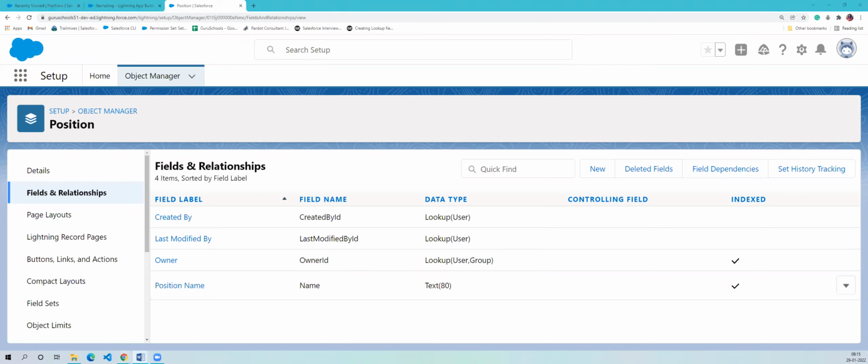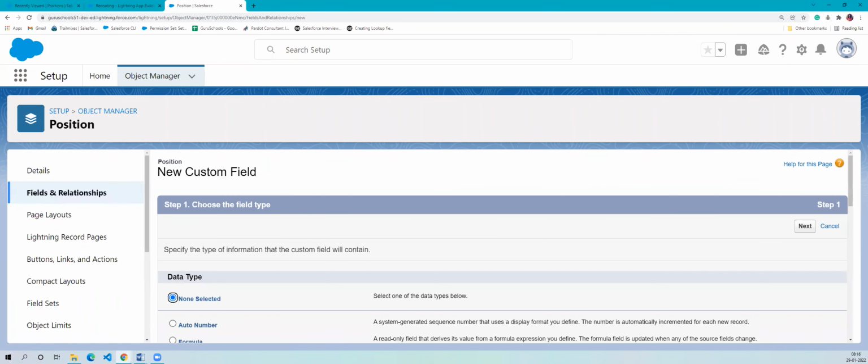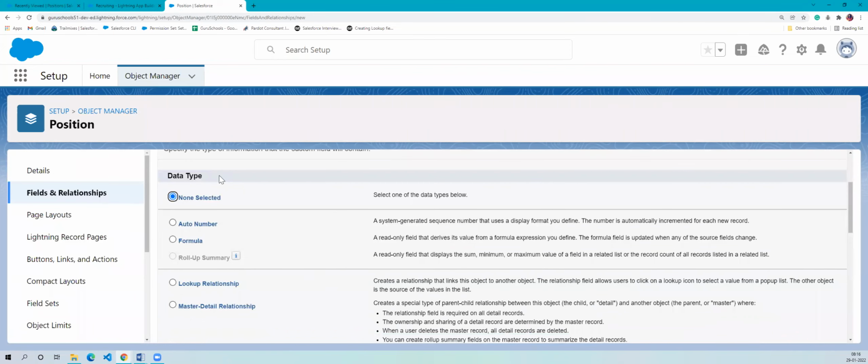Now we will try creating fields in Salesforce, and we will see what is the path for creating fields in a Salesforce standard object and what the different data types are. Let's say I want to create custom fields for the position object. For that, we have to go to the object manager, click on fields and relationships, and then click on this new button. Once you click on the new button,